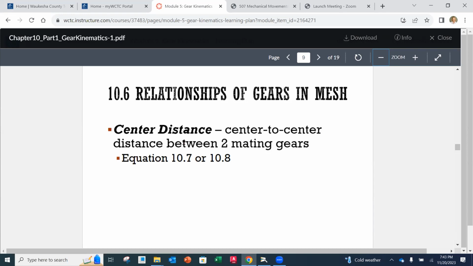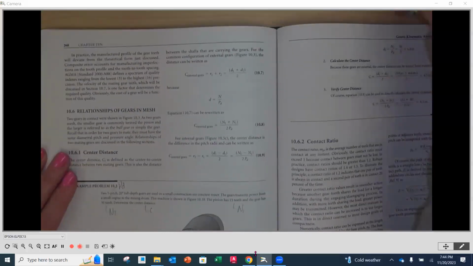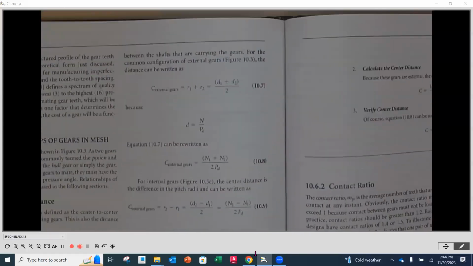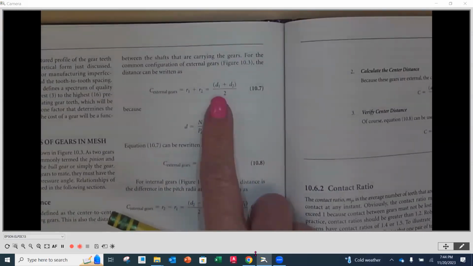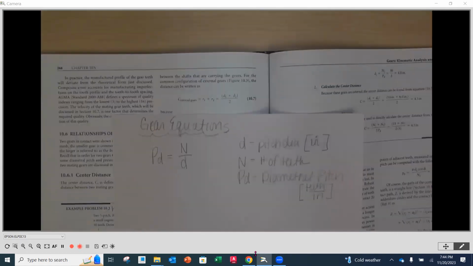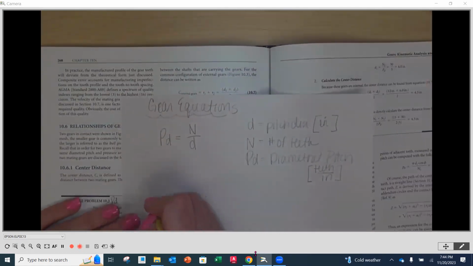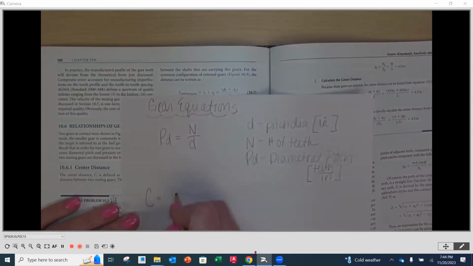The equation to solve for center distance is found at the top of page 268, equations 10.7 and 10.8. This is our first equation, and this is our second equation. We're going to grab our gear equation sheet and add these two equations to it. For center distance, C is equal to R1 plus R2,